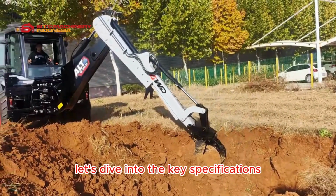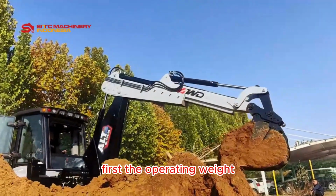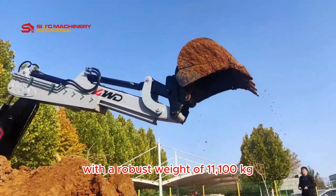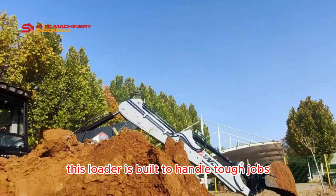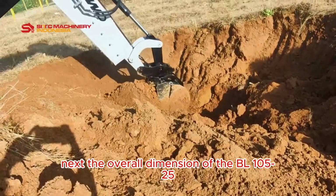Let's dive into the key specifications that make this backhoe loader stand out. First, the operating weight. With a robust weight of 11,100 kilograms, this loader is built to handle tough jobs with stability and strength. Next, the overall dimension of the